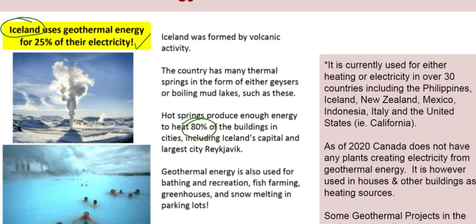So the geothermal energy, it's currently being used for heating or electricity in over 30 different countries. As of 2020, when I could find information, Canada doesn't have any plants creating electricity yet from geothermal. However, it is used in lots of houses and buildings as a heating source. You may even know somebody who's heating their house with geothermal, because a lot of individual houses will actually have